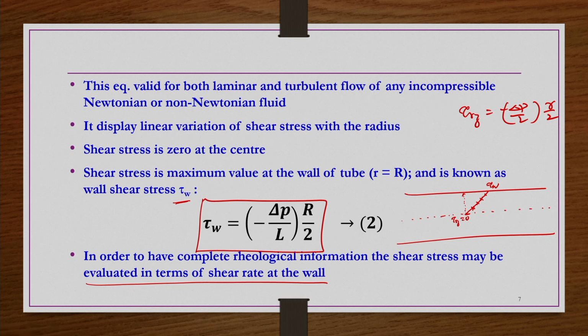For that reason only, if you have a very small capillary, let us say d equals 2 mm only, that means R equals 10 power minus 3 meters. For a constant delta p by L, a constant pressure gradient, if the diameter of the capillary is very small, then the variation in the shear stress from tau rz at r equals 0 to tau rz at r equals capital R is going to be very small. The difference between these two values is going to be very small.